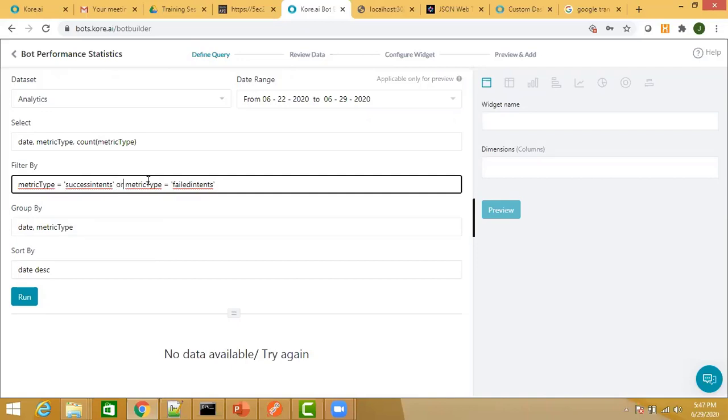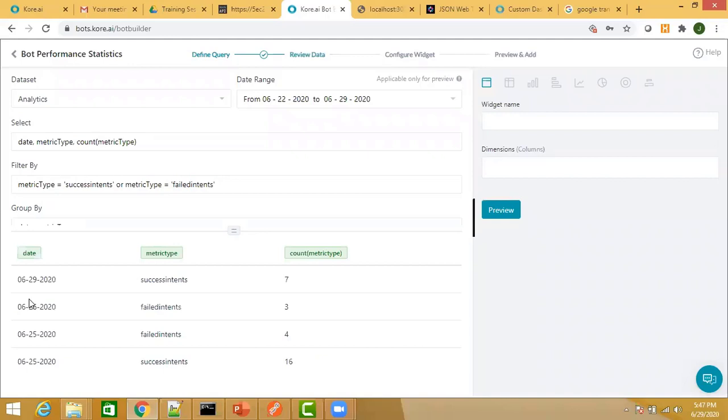It should not be and, because and means both the conditions are satisfied together. So it's an or operator. Okay, so either the metric type is equal to success intent or the metric type is equal to failed intent. So this time it is not showing you the data for the success task and the failed task. So if you don't put a filter, all of it will be picked up. If you put a filter, it will filter it on the basis of the condition that you have given.